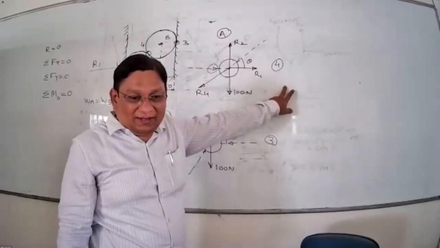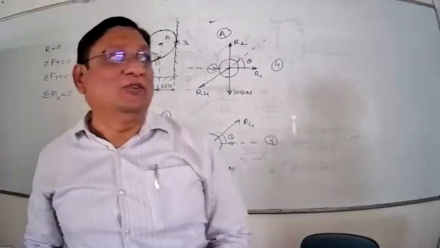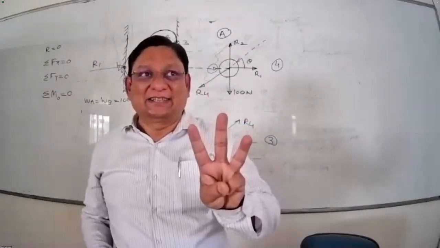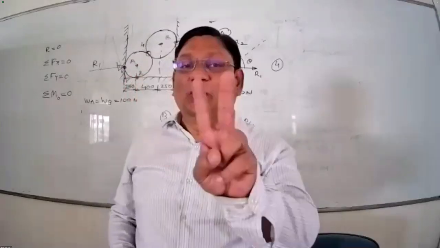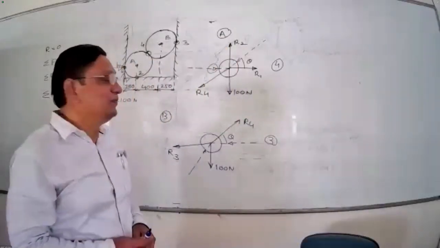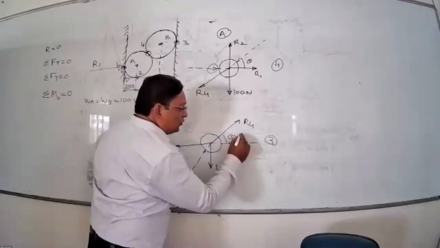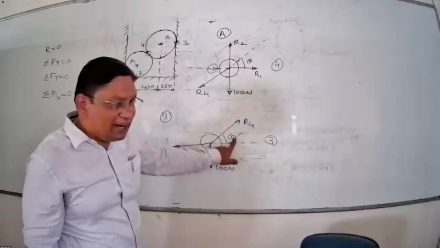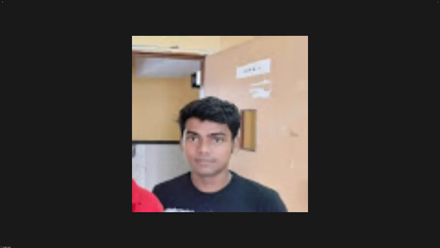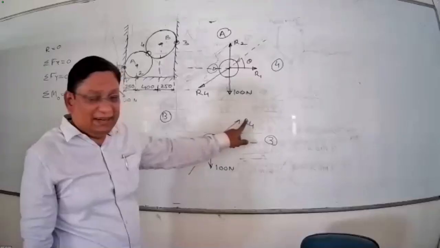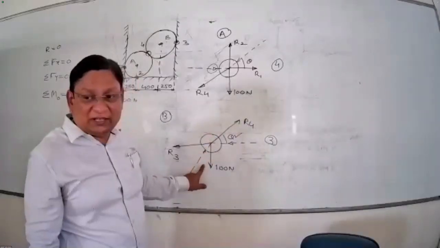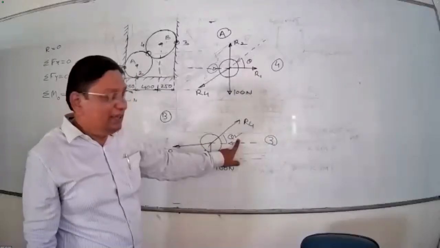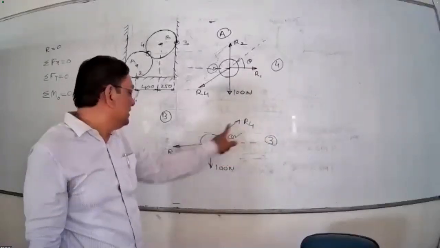How many conditions of equilibrium am I having? For the concurrent force system, I got only 3 conditions. Sorry, only 2 conditions for the concurrent. So anyhow, if I am able to find this theta, only 2 unknowns will remain, R3 and R4. Right? In both cases, this is a concurrent force system. So go for the free body diagram of B. Anyhow, find theta. After getting theta, you will get R3 and R4.